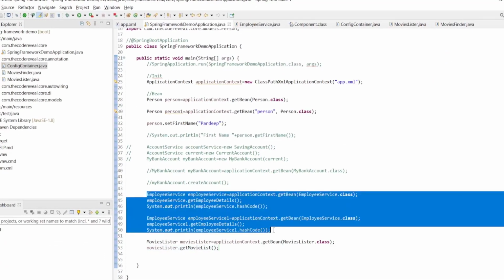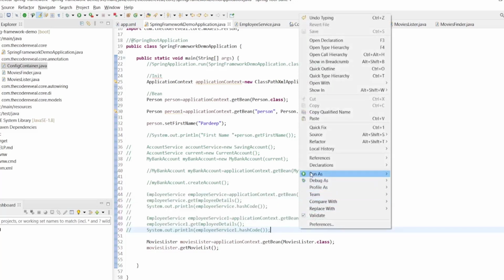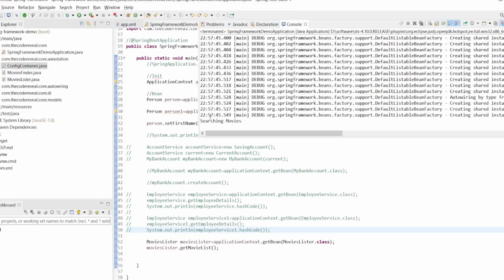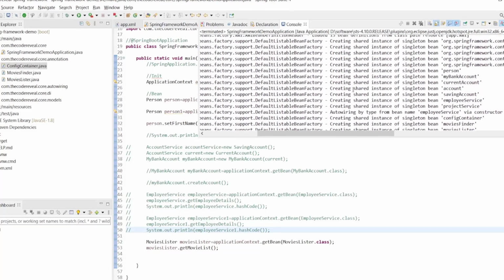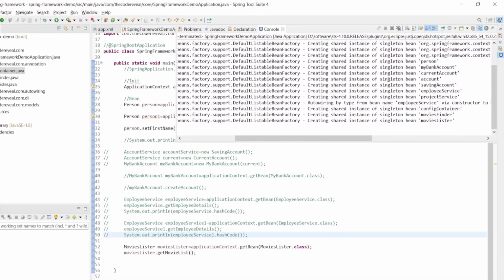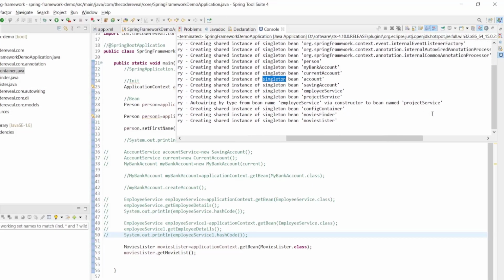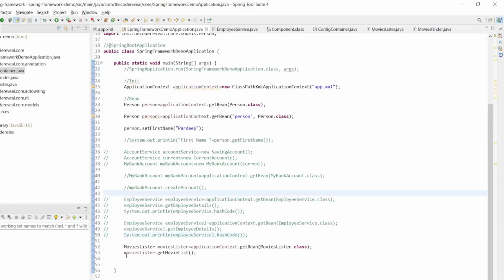Let's comment this one. Now if we run this as Java application, we'll see here it's searching movies, and if you see here it's creating a shared singleton bean for these different types of classes, and it's created a config container also in the application context.